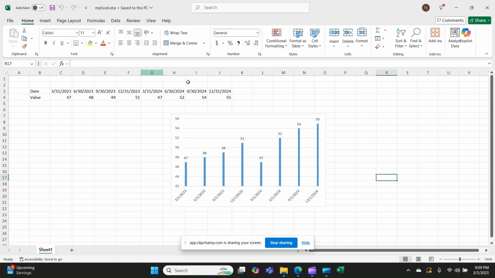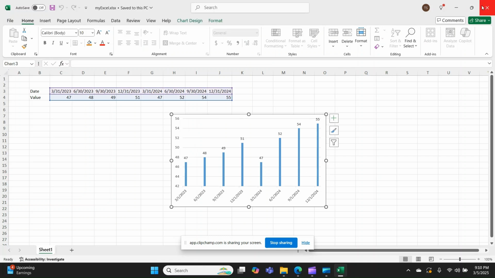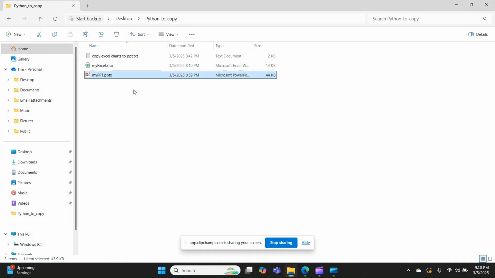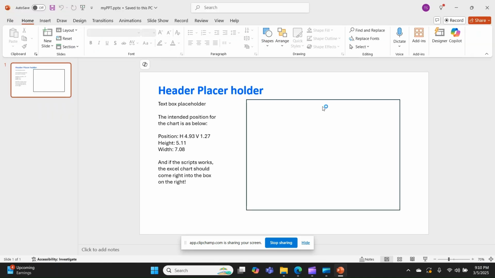And let's take a look at my Excel. So I have some very simple data series and a super generic chart. Then I would like to copy that chart with Python to this PowerPoint file, to a specific location on the layout, in this box on the right, and occupy the entire area with the position, height and width